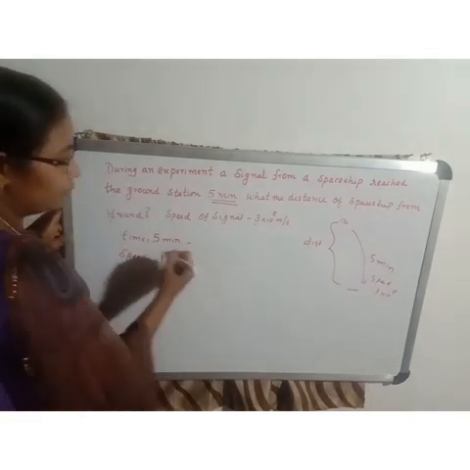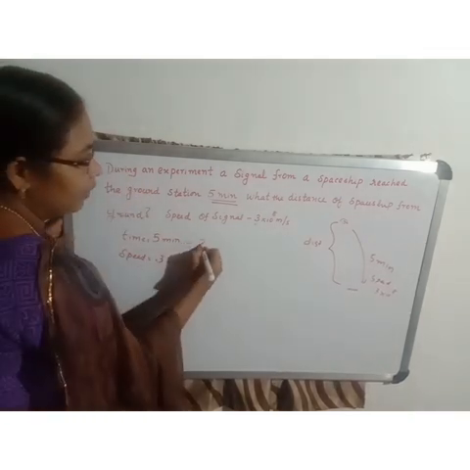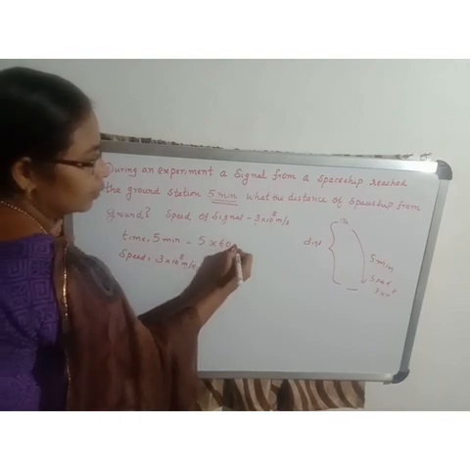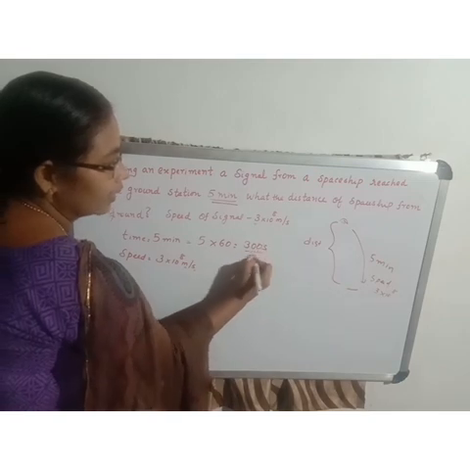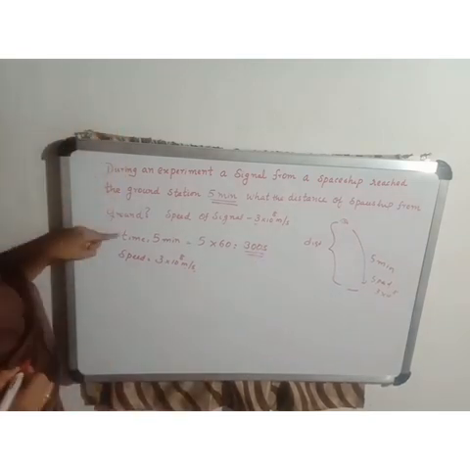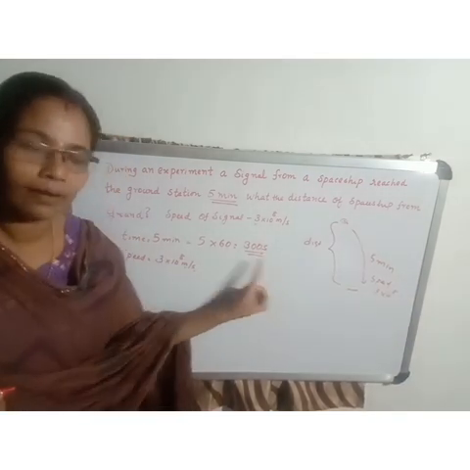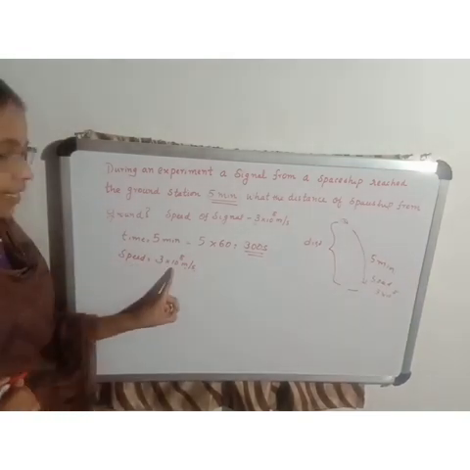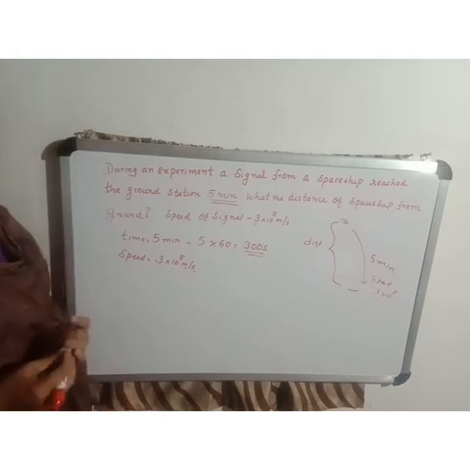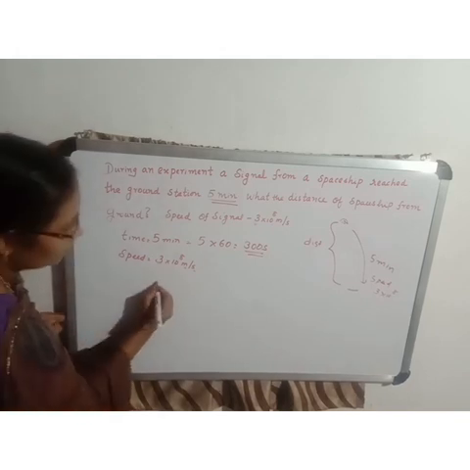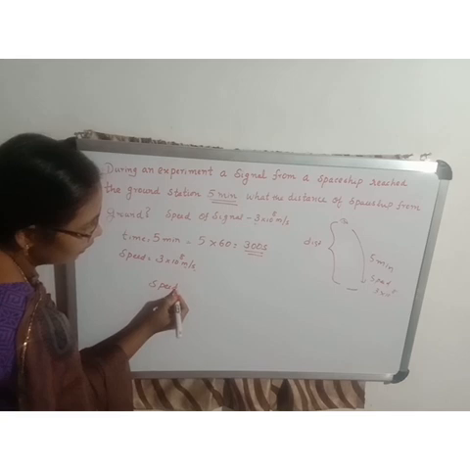So how to convert the minute to second? We need to just multiply with 60. So here it is 300 seconds. Okay. So time is now in second and speed is given, which is 3 into 10 raised to 8 meter per second. We have an equation for speed, which is speed is equal to